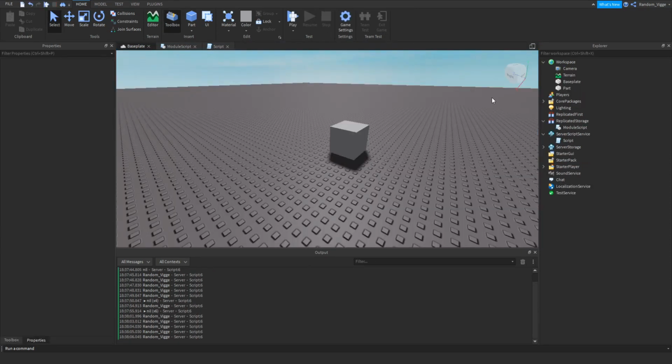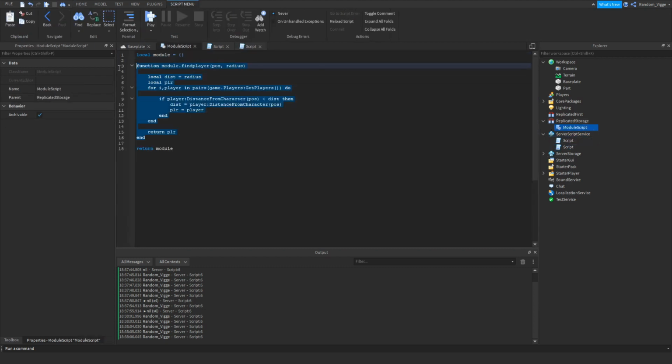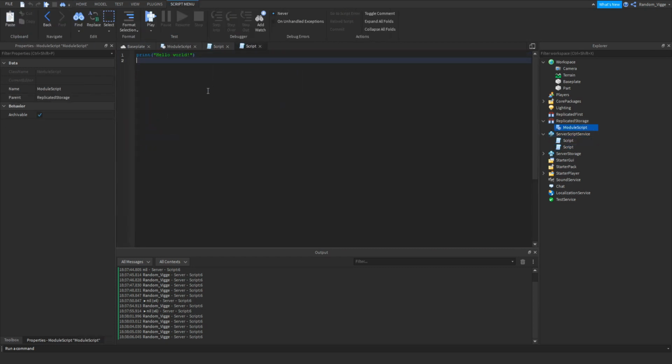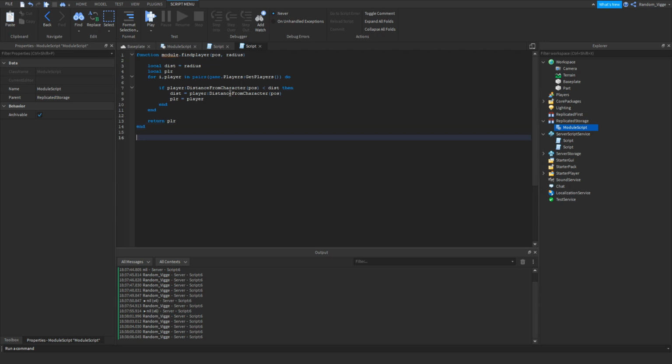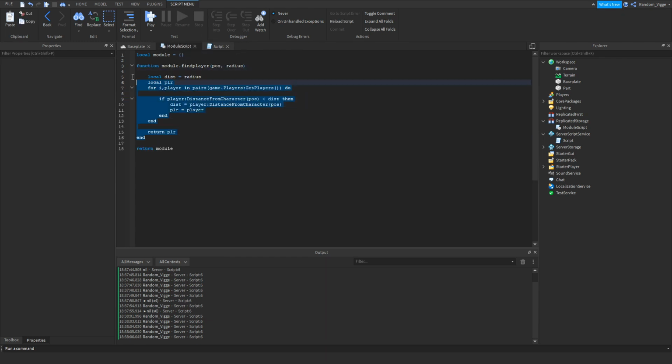So if you had two scripts where you had this code right here, and it's find player. Instead of having the same code in a bunch of different scripts, you can just have the one piece of code in a ModuleScript. Now you can make a bunch of other